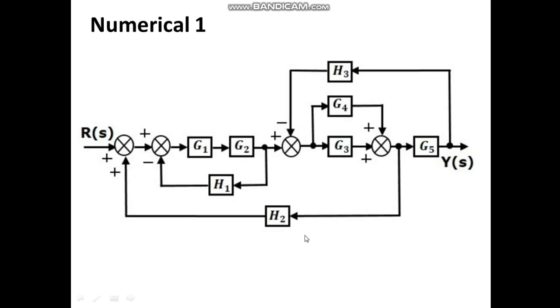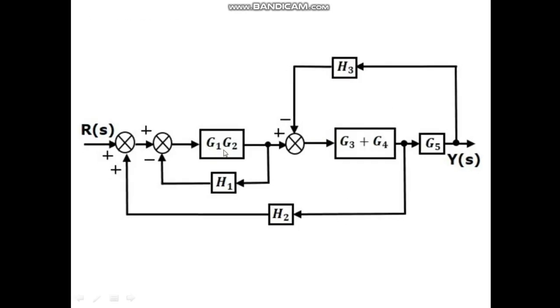So when you see this presentation first, you will identify that here there is one minor feedback loop, because G1 and G2 are in series, so we can take the multiplication G1 and G2 and then solve this as a minor feedback loop. After that you can see these two blocks are connected in parallel, so this will be reduced by taking the summation of G4 and G3. So let us do that. Here, since G1 and G2 are connected in series, I have reduced it as G1 G2, and G3 and G4 were connected in parallel, so I have taken the summation. And now you can see one minor feedback loop here, so I can eliminate this minor feedback loop as of now.